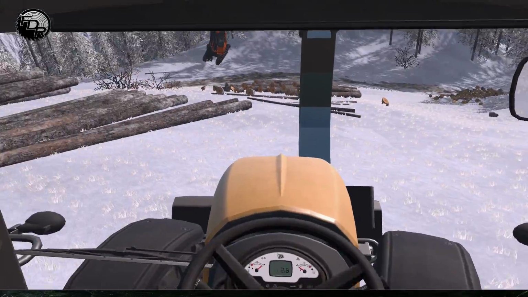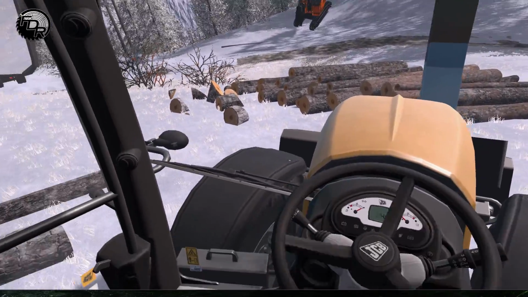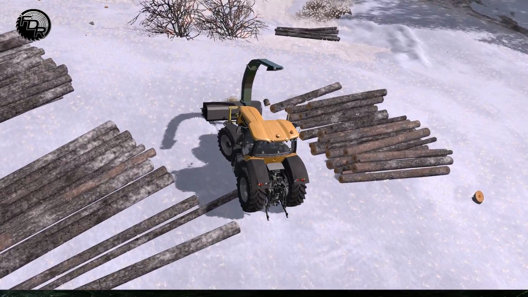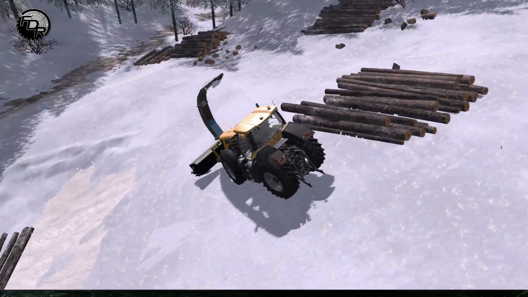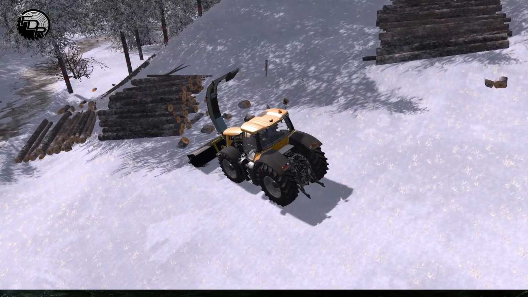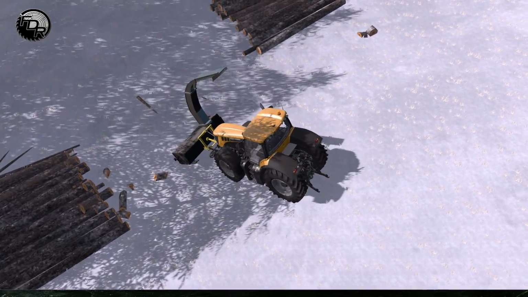Oh, first person's way easier to drive this thing. Let's do that. Hey, little bastard. Aw, I got that whole log. Son of a gun. Not what I wanted. I shouldn't leave the bits so close to the pile, but we were kind of playing beggars choosers over here. There wasn't a lot of space, so...